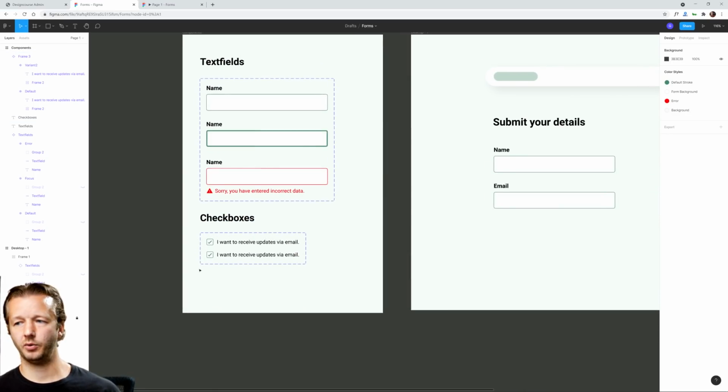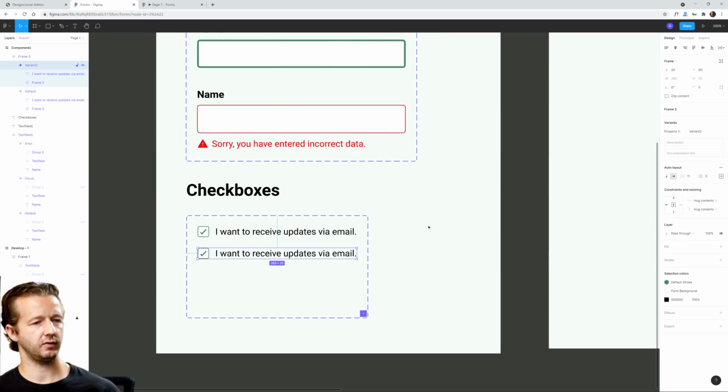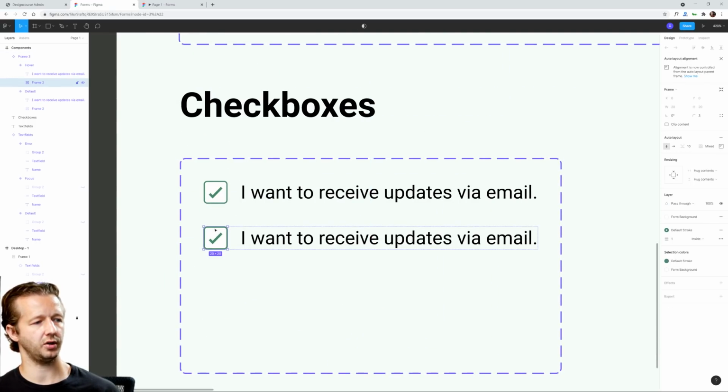Okay. And now we can create a few different states. So this time we'll do a hover state for these. The first one will be a hover. So we'll double click into it. We'll change this to hover. All right, so on hover, the only thing that's going to change is we'll come over here and we'll change